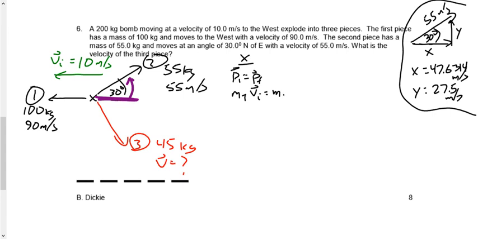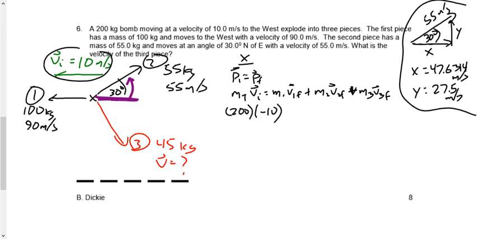Equals m1 v1f plus m2 v2f plus m3 v3f. We cannot cancel the masses out here, unfortunately. Total mass is 200 times, Nicole said, negative 10. Yeah, that comes from there, right? The initial velocity. m1 is 100 times negative 90, right? Because it's to the left. m2 is